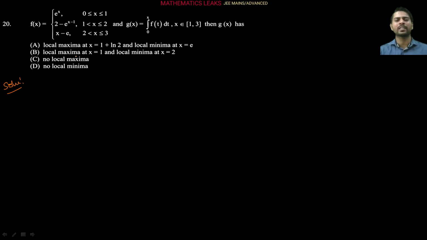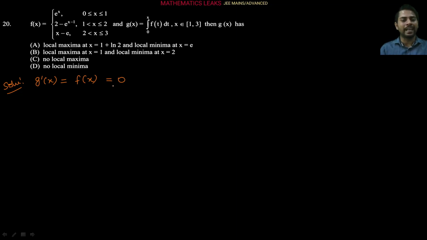So for local maxima and local minima of g(x) we have to find g dash x. So let's differentiate g(x) on both sides. On the left side it will become g dash x and on the right side we will apply Newton-Leibniz formula for differentiation. So we will get f of x right now. Now from here, if you see, f(x) is already written here, so we can consider it here, since g dash x will be equal to 0, at whichever point, only at that point local maxima or local minima will occur, right?